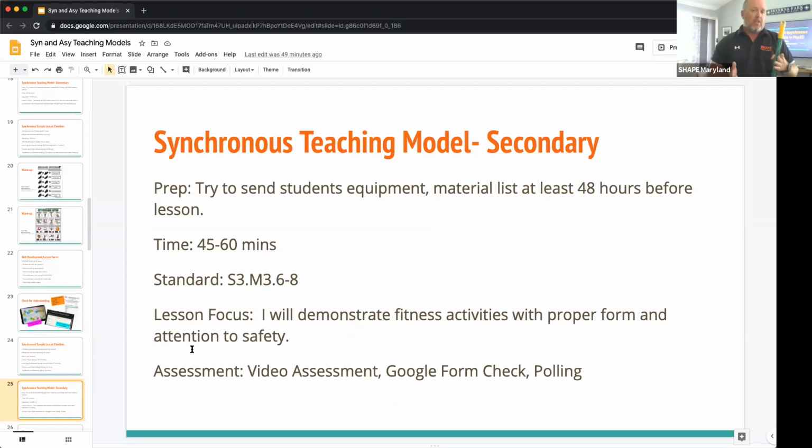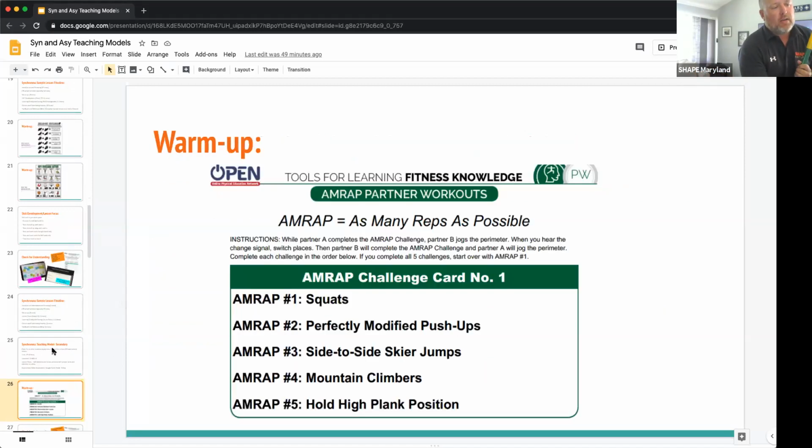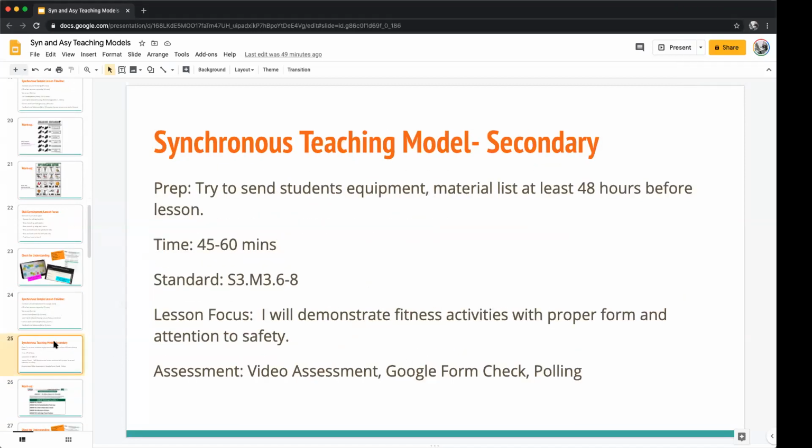Your lessons might be a little bit longer. It depends on your A-day, B-day, or whatever type of schedule that you have, or your trimesters, or the many different ways we teach. So they're very simply set up. Synchronous lesson,